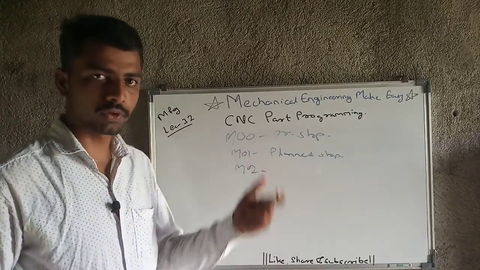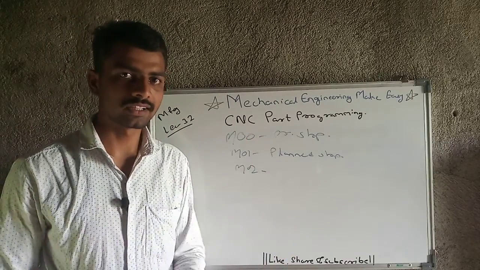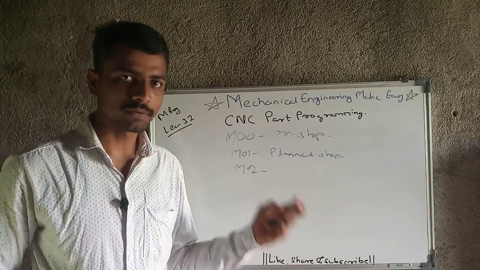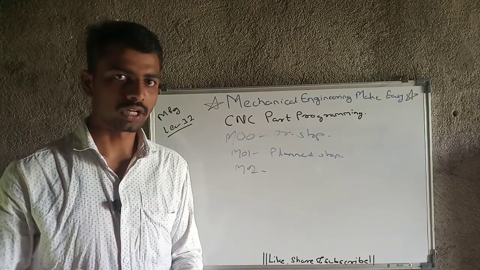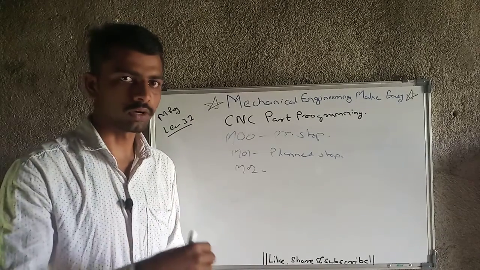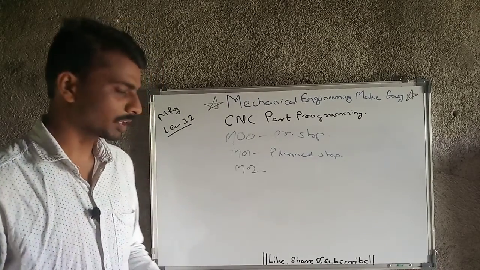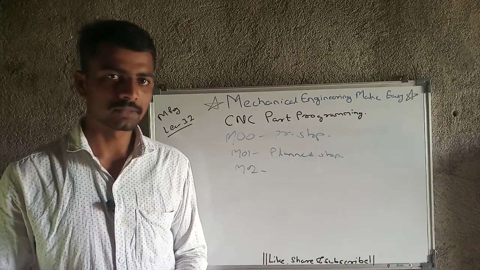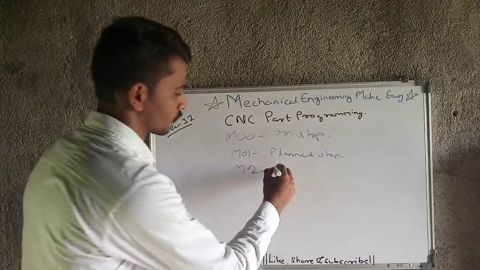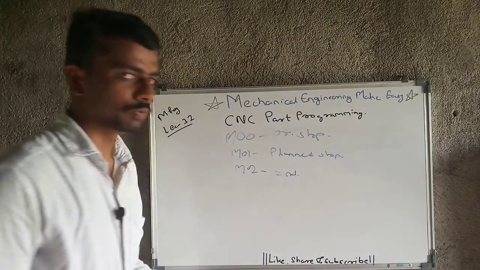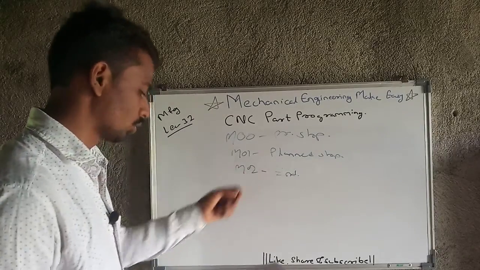Okay, while part programming there are two parts, that is nothing but one is main program and another is sub program. What is sub program? In main program itself we will have some small amount of program which will be different from our main program, that is nothing but sub program. And if there is not any sub program, then we have to end program, that is nothing but M02. End program without return of sub program, then M02 we have to use.